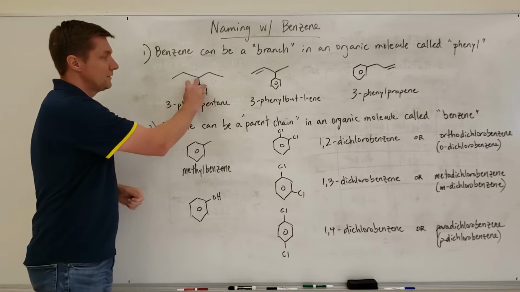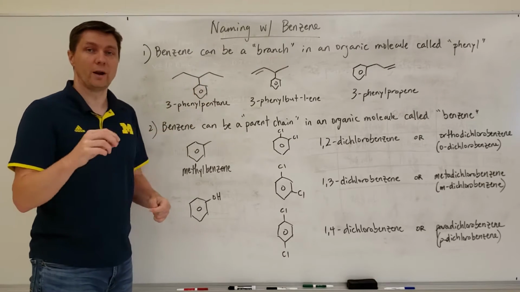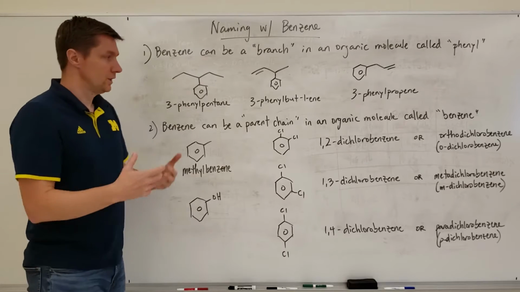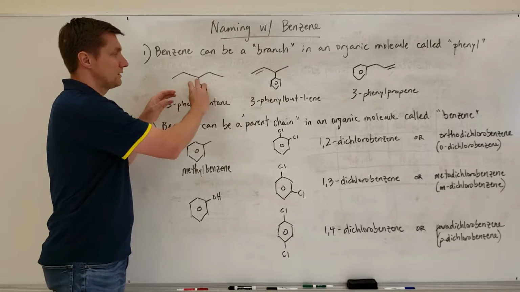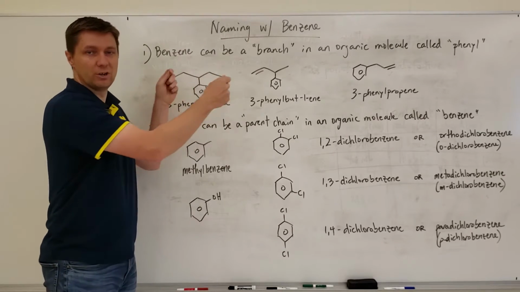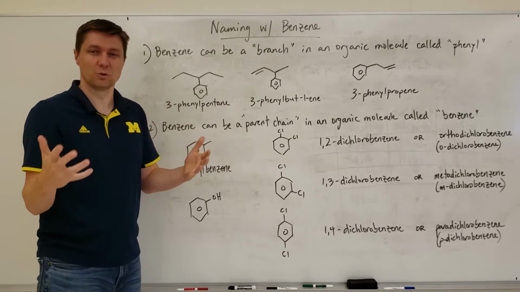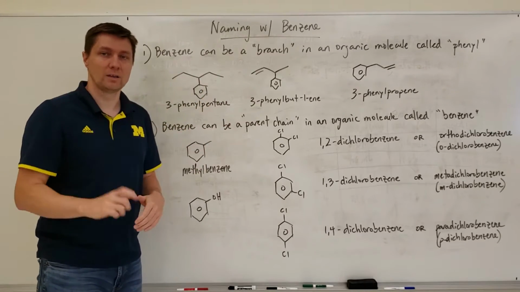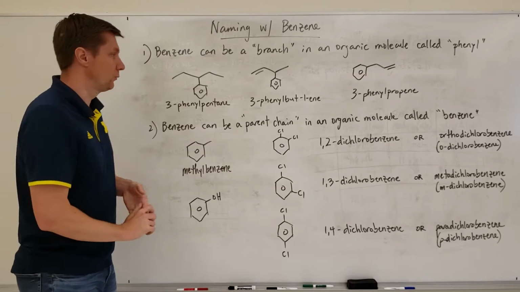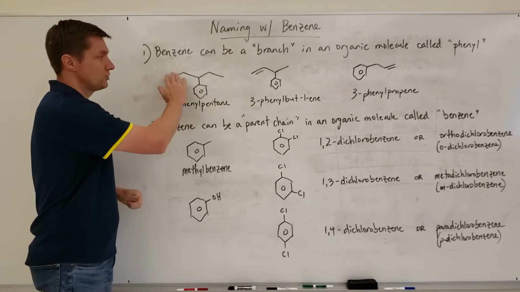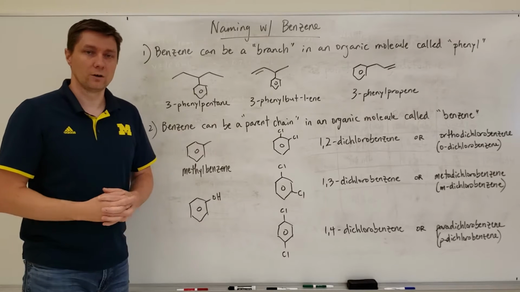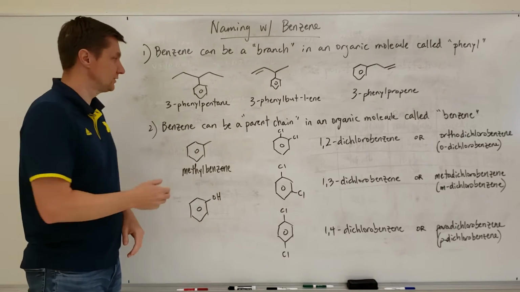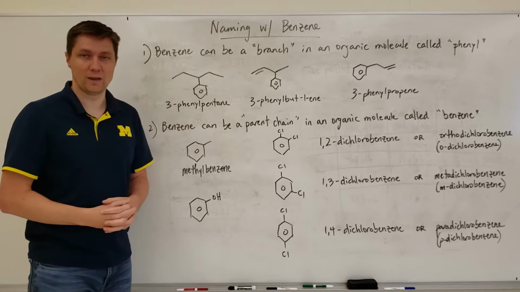So if you've got a benzene ring coming off of a parent chain somewhere in the middle, it's really hard to make this the parent chain and these the branches coming off in two different directions. It just doesn't really work that way. And so if you've got a benzene ring in the middle of a parent chain, that benzene ring is going to be a branch, and we call it phenyl. So we just number this chain using regular numbering rules for branches, and this ends up getting